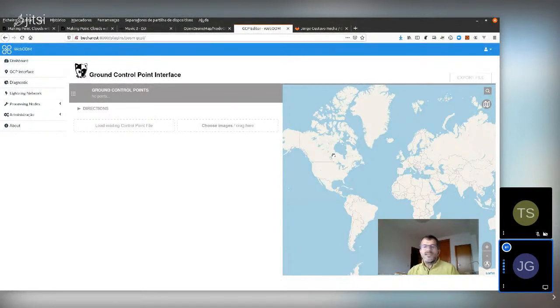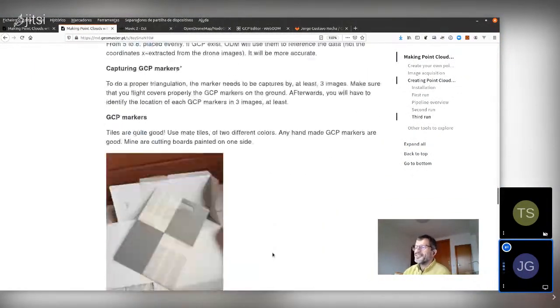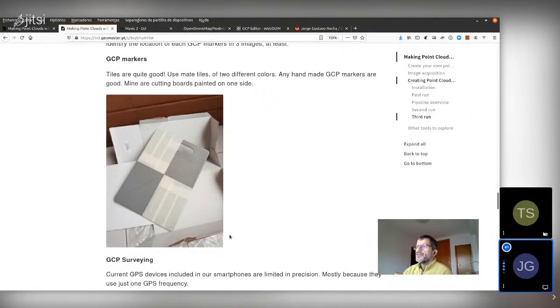It's like the georeference tool that we have in QGIS. In the georeference tool that most of you already use, you are trying to find points in the raster and points in the vector map, for example. Here, you will try to find points on both sides, on the image and the ground control points. I lost my time to go through this, but for example, to create ground control point markers, I use